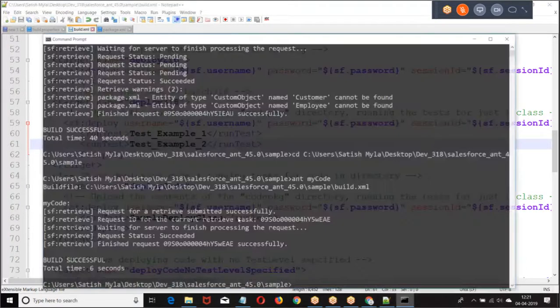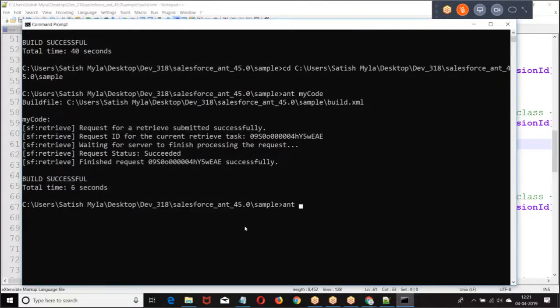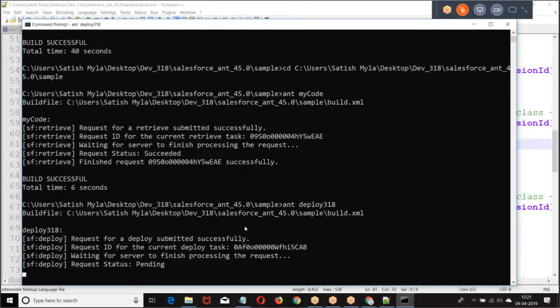Go back and the request is submitted successfully. We'll see the execution one more time.